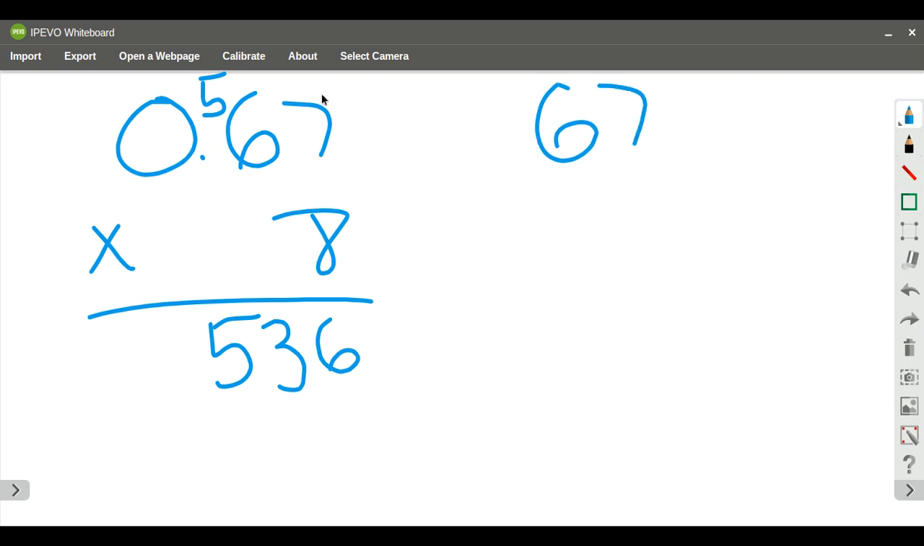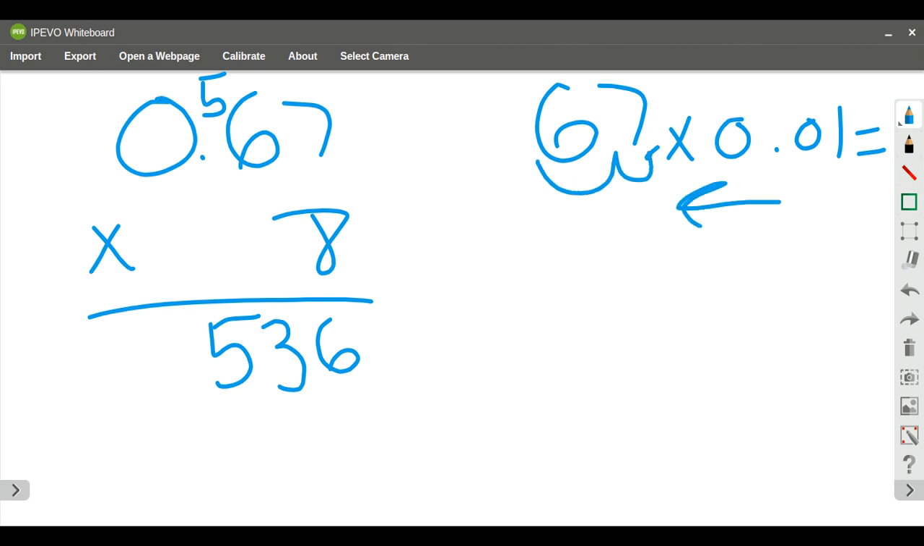I want to know what's the relationship between 67 hundredths and 67. Well, here, in order to get to 67, I would need to multiply my answer by 100. So to go from 67 to 67 hundredths, I need to multiply by 1/100th. And when I do that, my decimal moves 2 places to the left. So it goes 1, 2, and I get 67 hundredths. So if I multiply 67